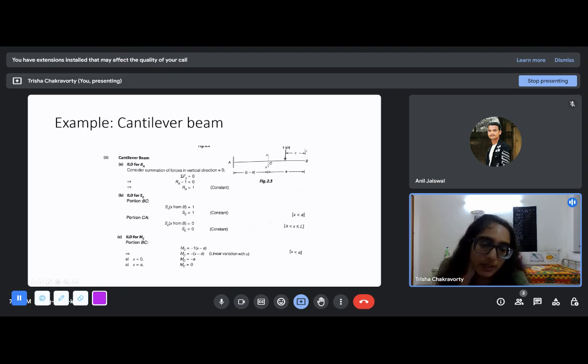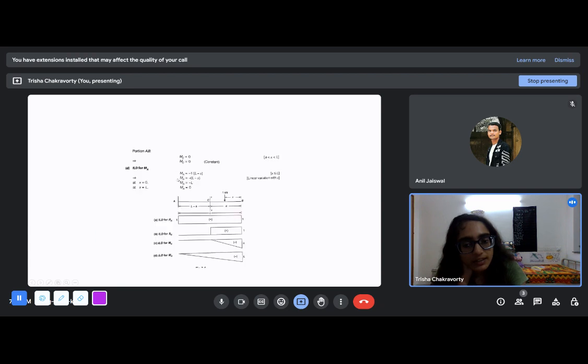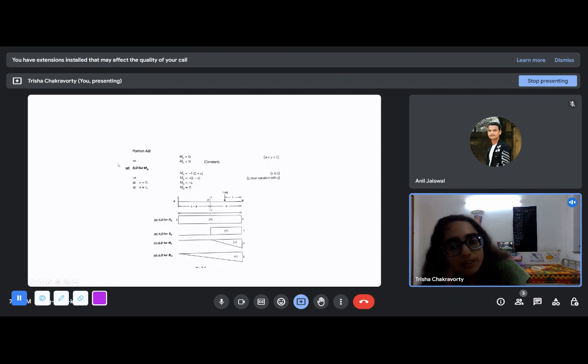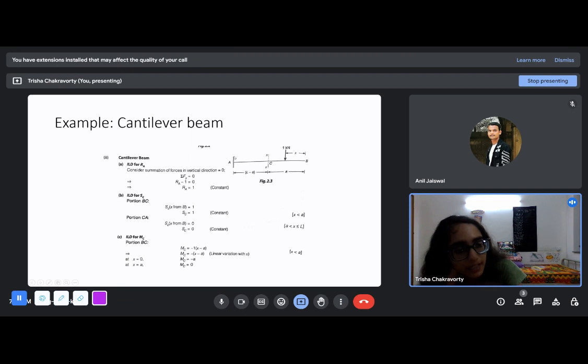Whether the 1 kilonewton is here or here, the entire reaction has to be taken by this point A. So RA will be a constant 1 like this, because there's only one upward reaction. Then when you look at the influence line diagram for the moment at A, MA, you will see that this distance is X. Okay, we are varying it from this side. So the reaction at A will be